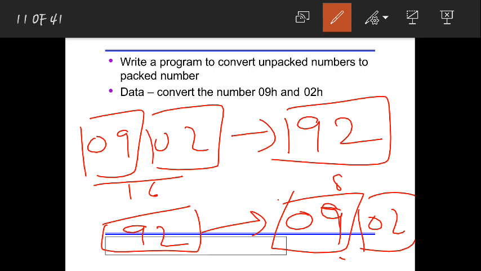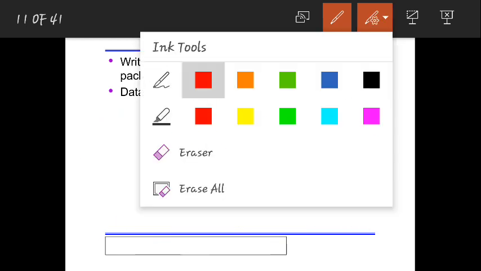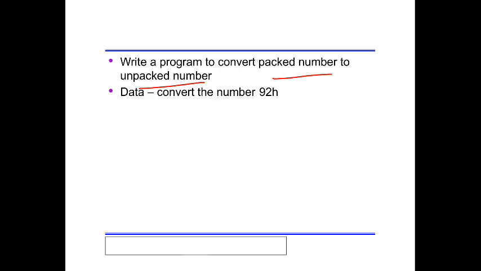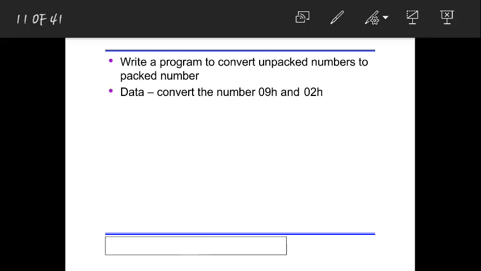So for this, you have logical instructions to pack the data as well as unpack the data. So for that we'll write a program to convert. First we will write a program to convert unpacked number to packed number.